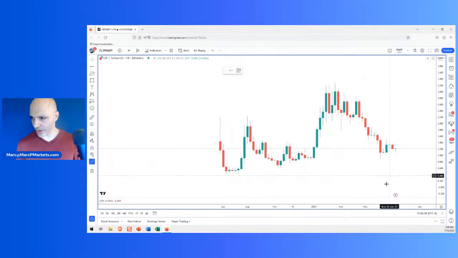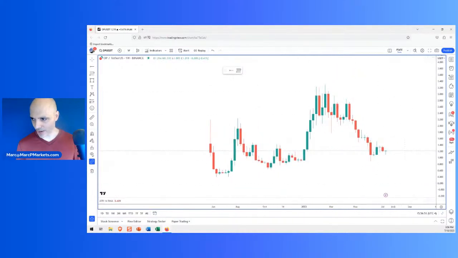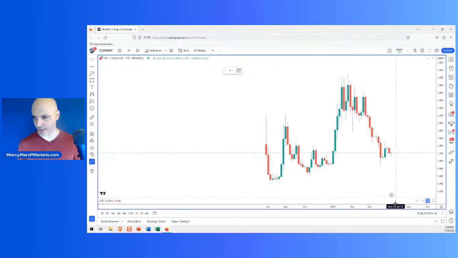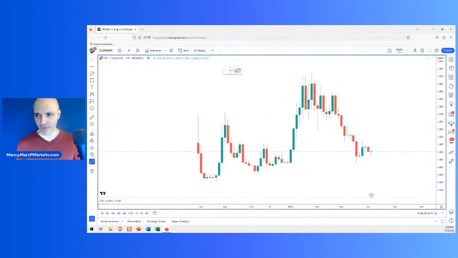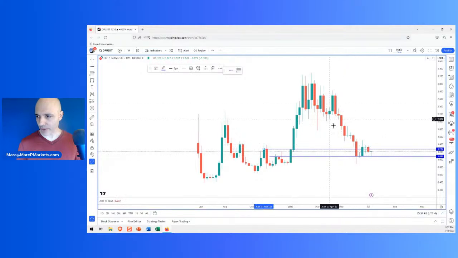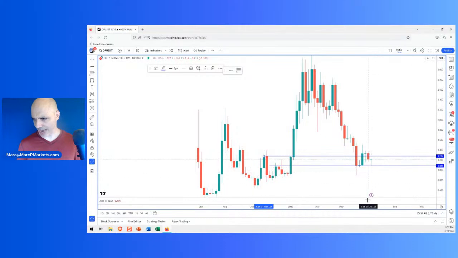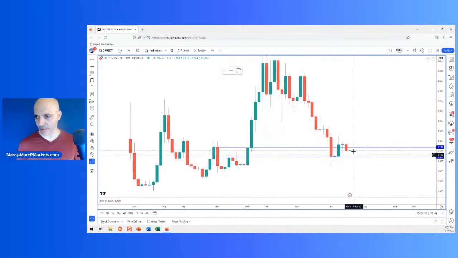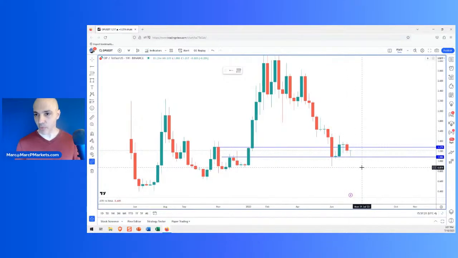So here's the weekly situation. This is not a great looking chart considering where Bitcoin is going. I compare everything to Bitcoin because Bitcoin is the leader, like the S&P is a leader. So we have this support area, right? You've pulled back into this support area and it's fooling around here. Look at the current weekly candle. I mean, we have a whole week before that closes, but it's a bullish pin bar in an area of potential support right there, right? So you may have a higher low developing, which may make this interesting for a potential swing trade.